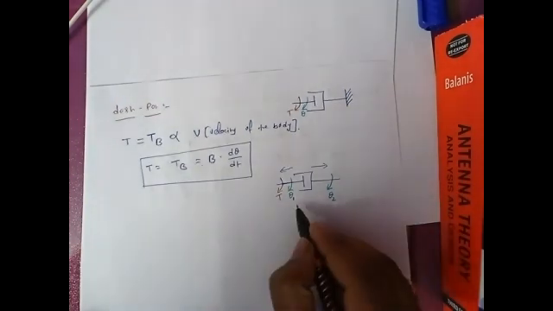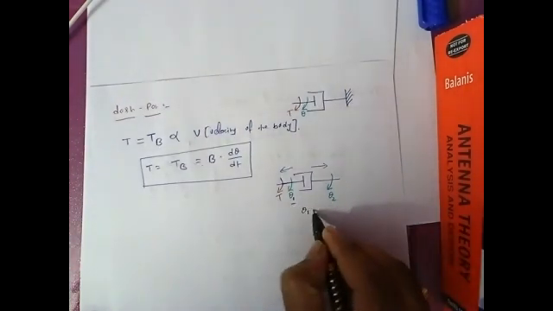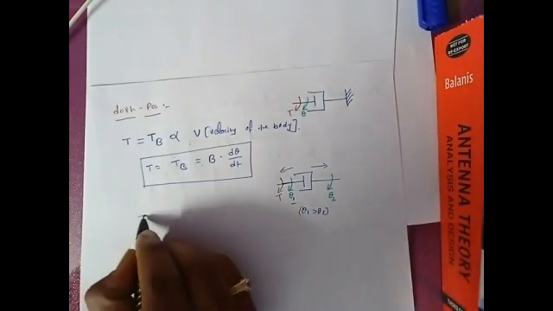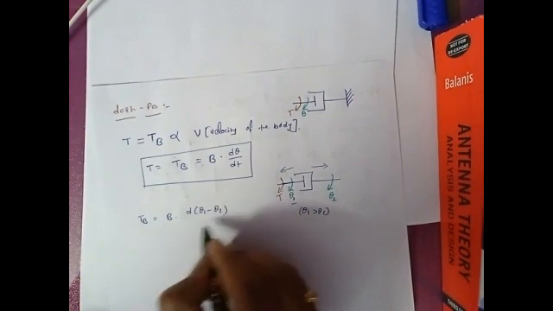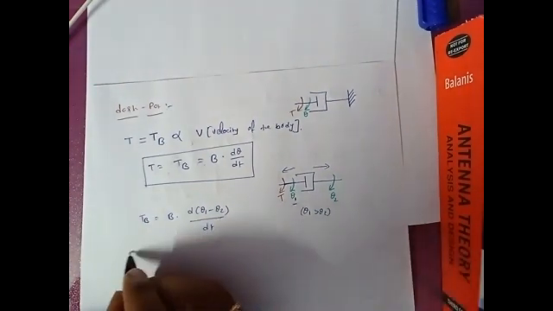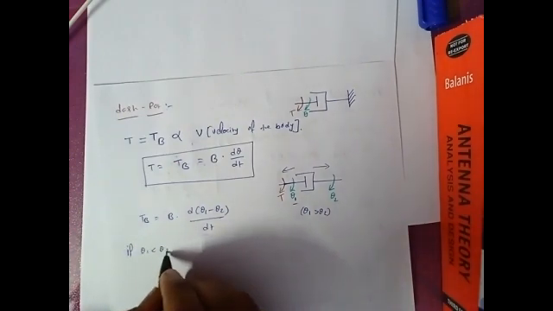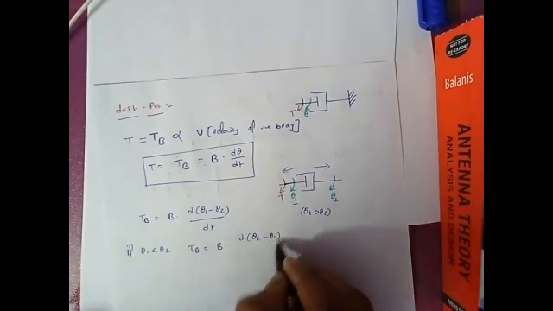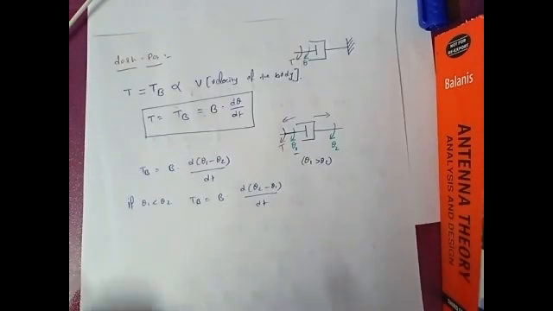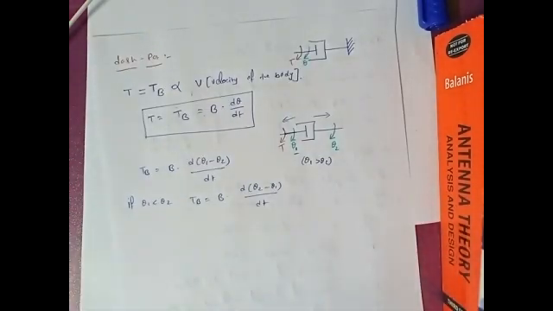So in that scenario, if you feel that theta1 is greater than theta2, then your torque equation, that is TB, equals B into d of (theta1 minus theta2) divided by dt. Otherwise, if theta1 is less than theta2, then TB equals B into d of (theta2 minus theta1) divided by dt. Okay, so these are the equations we will use to represent the opposition torque due to a dashpot. The dashpot is used to represent the frictional property of the system.